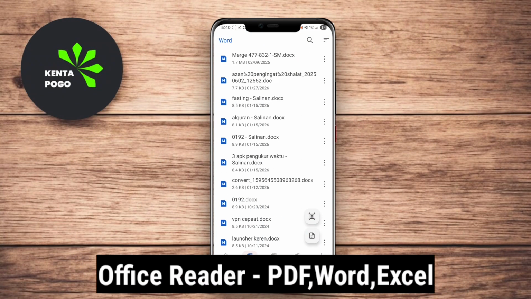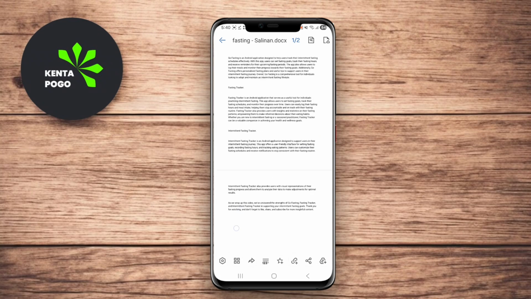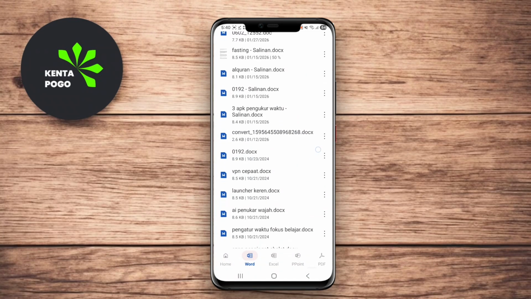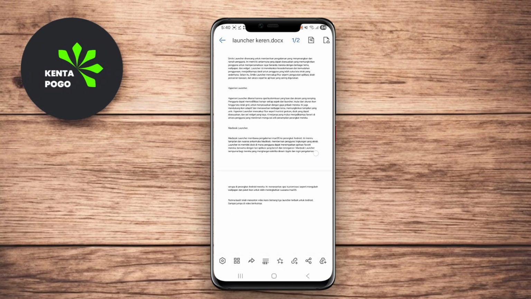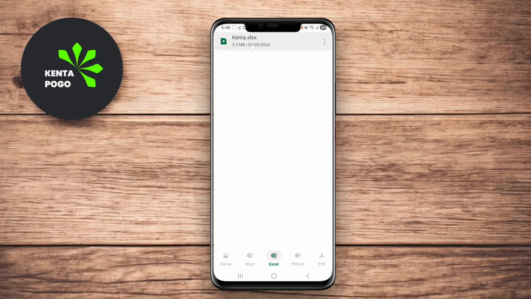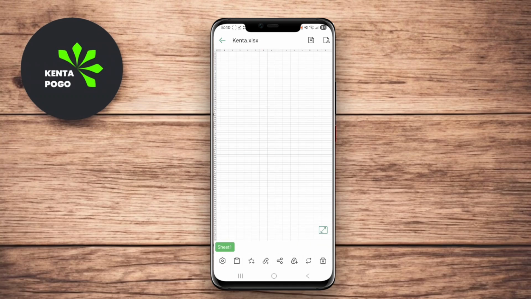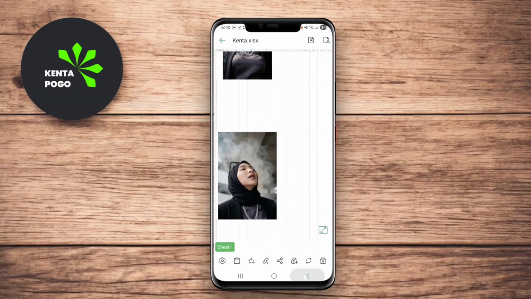Office Reader, PDF, Word, Excel. Office Reader, PDF, Word, Excel is a versatile app designed to handle a wide variety of document formats, including PDF, Word, and Excel files. The app provides a simple and intuitive interface, allowing users to easily open, read, and navigate